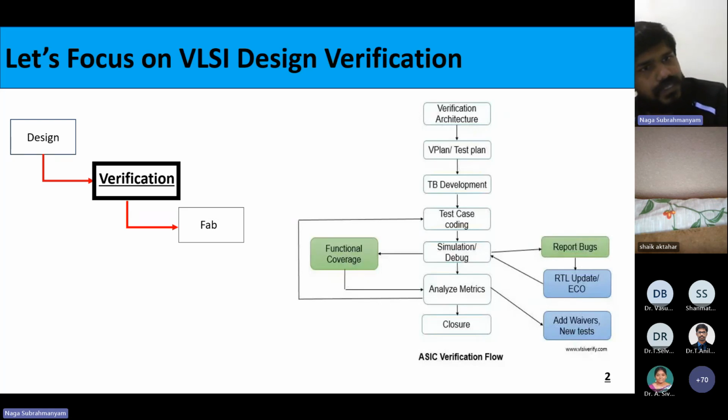I think most of you have worked on design, and most of you use the Verilog language. I think you designed some designs. But when it comes to verification, at the academic level we write very small test benches. When it comes to the industry, verification is an entirely different ball game. For this we have a separate language. I will show you what language and scripting things are required to be a successful verification engineer.